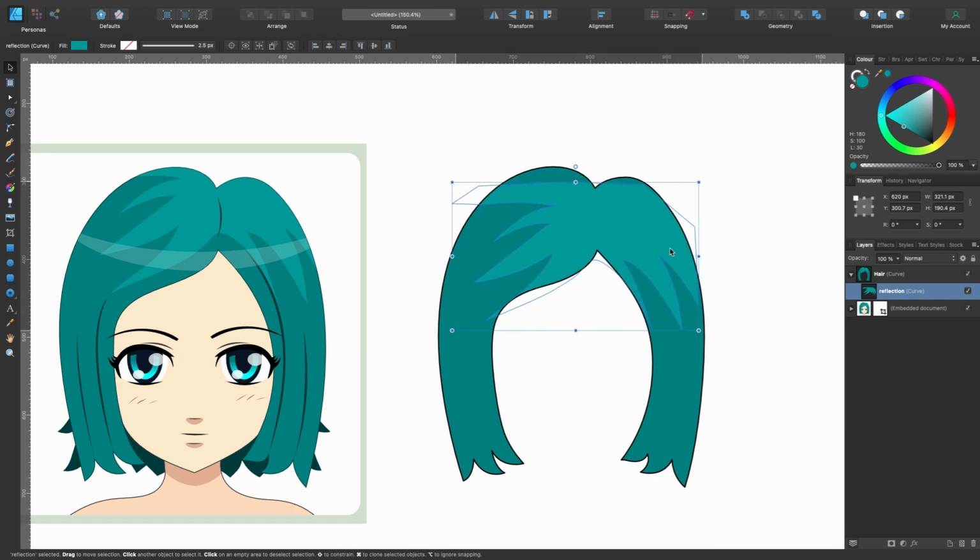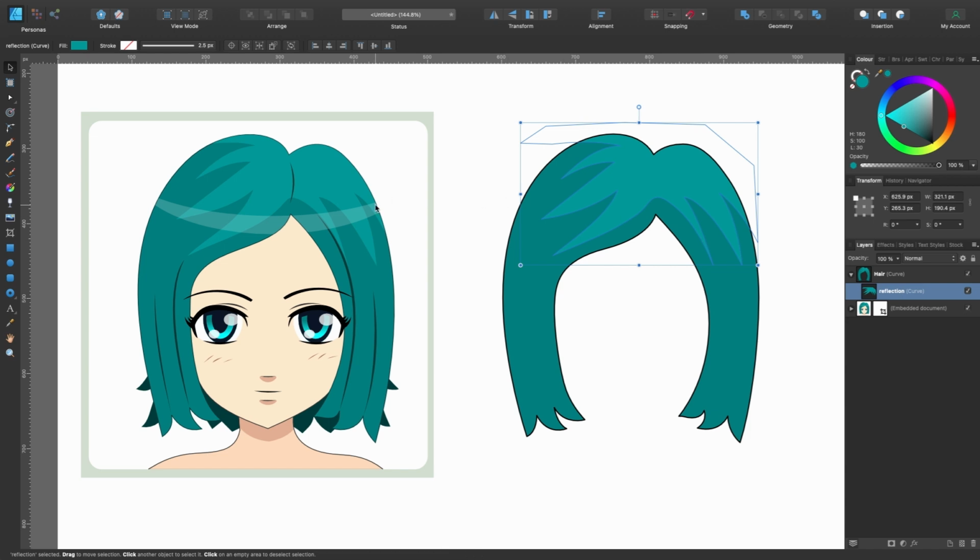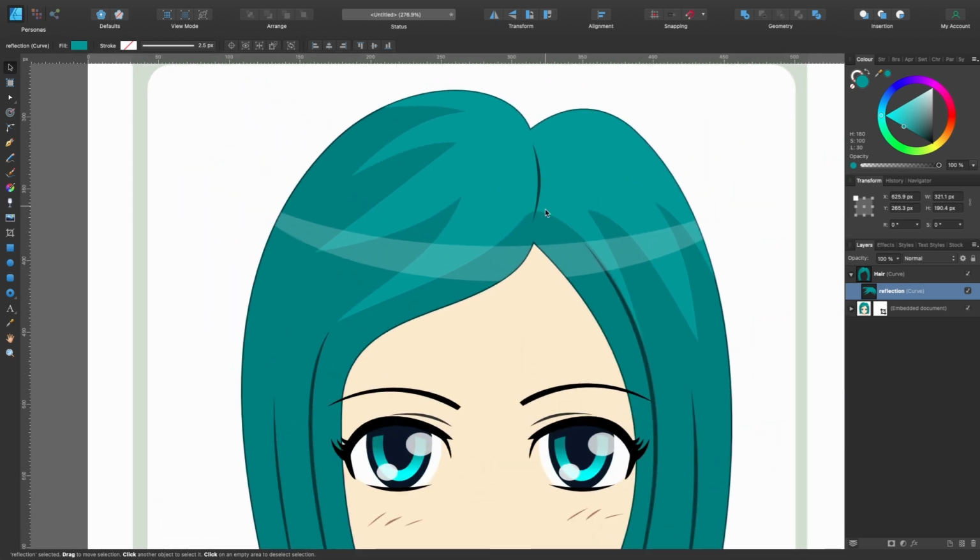You can still go ahead and move it around and all that, but it's just clipped inside so you can't see what's outside, which is why I wasn't so bothered about how messy it was on the outside. Okay, let's go ahead and make this reflection here and these hair streaks.